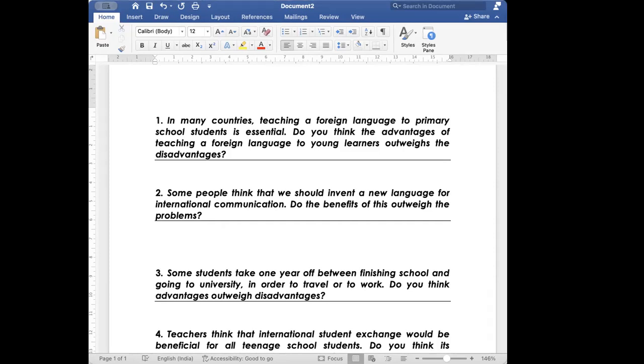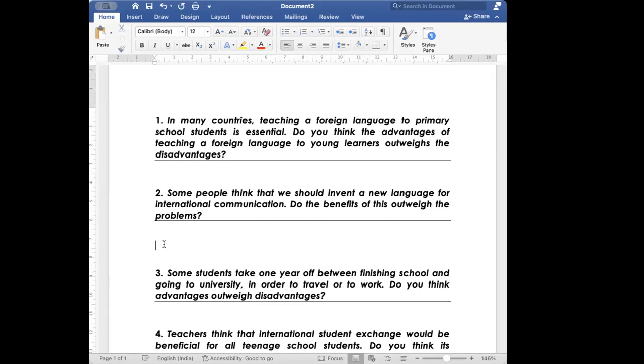And advantage, if one invented language is there, the advantage would also be that communication and spread of business would be faster because everybody would know that language and would be speaking that language. So people can do trade with any person in any part of the world without any language barrier to stop them. Now that we have the points, what will the essay be like? How will you write the skeleton?